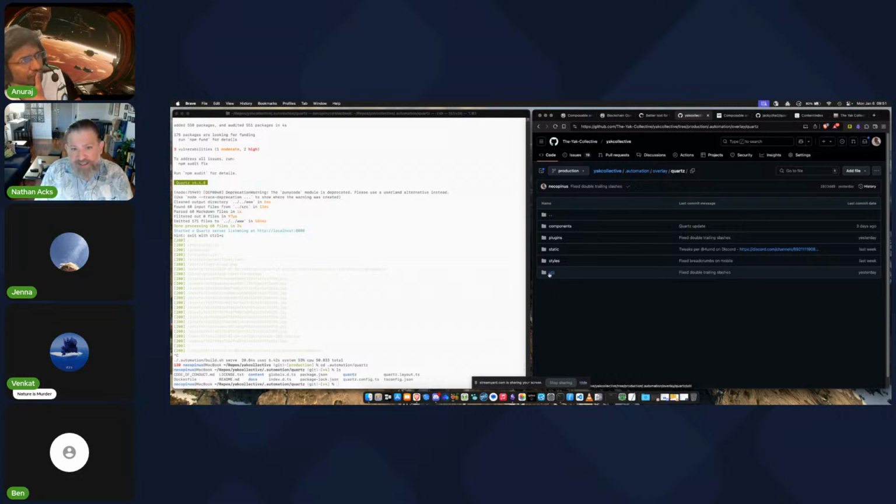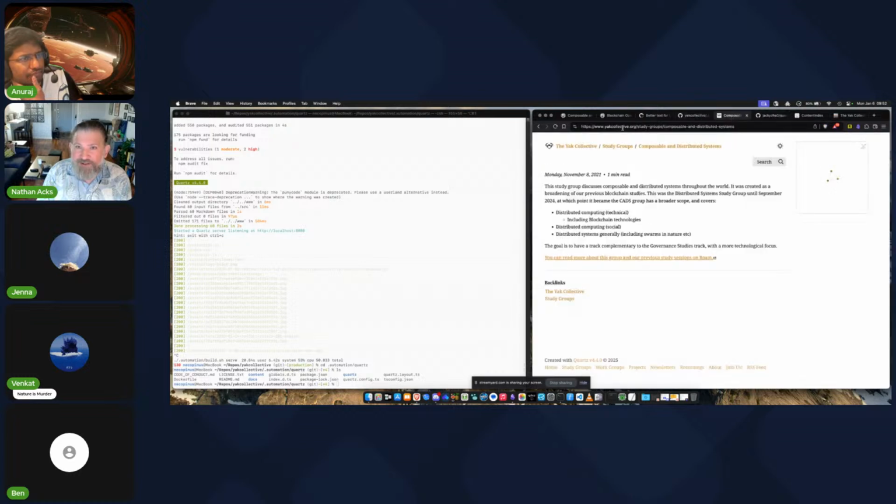One thing I'm hoping is that util will go away. This is a bug workaround. There's a bug in util right now where everything gets an extra slash on the end, which doesn't break anything in Quartz, but does lead to situations where, as you navigate around the website, eventually you wind up with yakcollective.org//////study groups, which looks really weird.